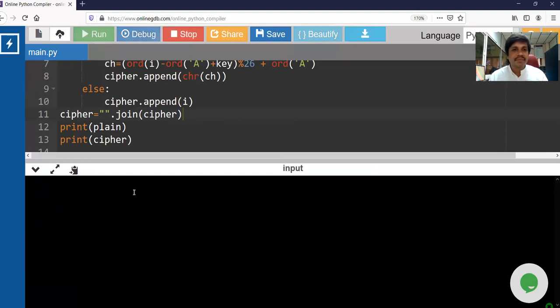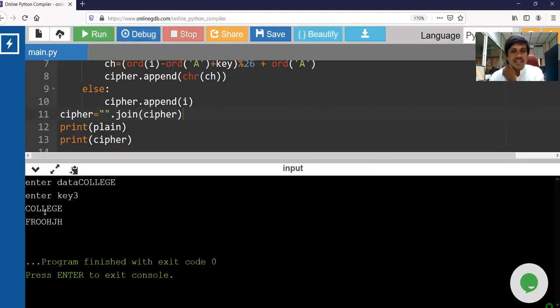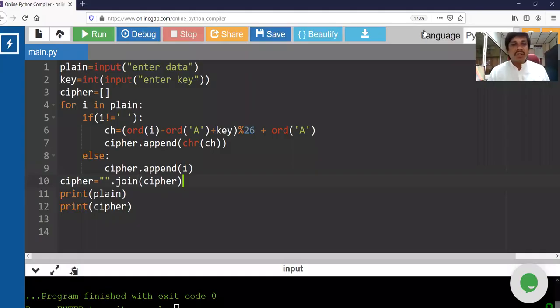Now see, let me enter data, college, and key is 3. So college is my plain text, FROOH. Now we will see a decrypt operation.